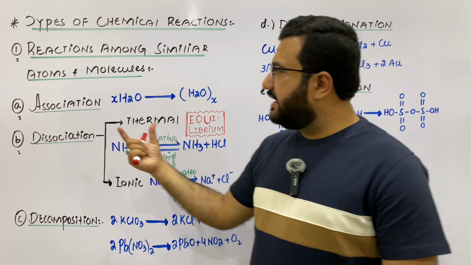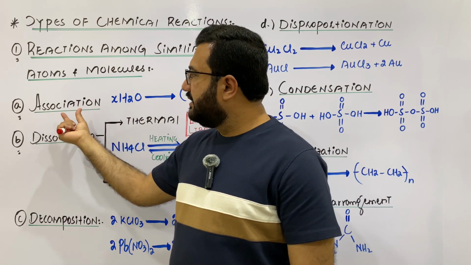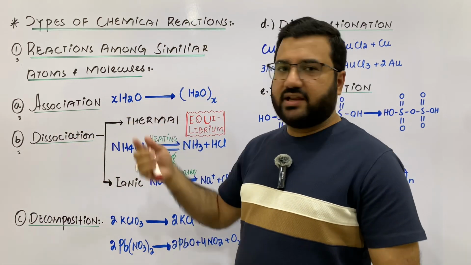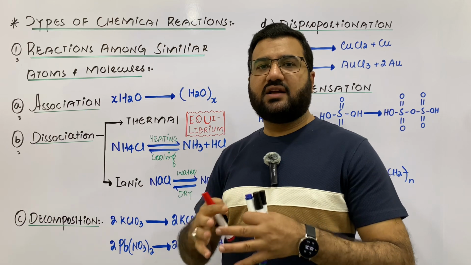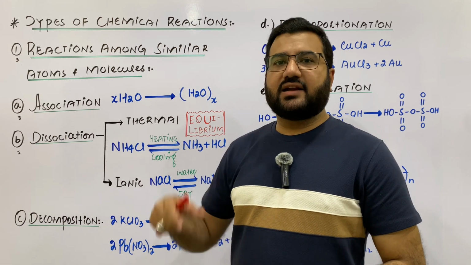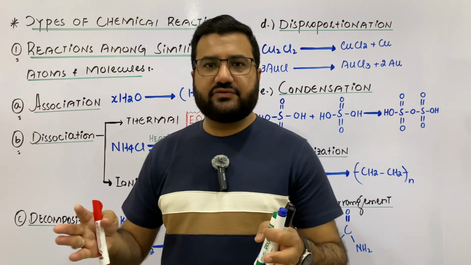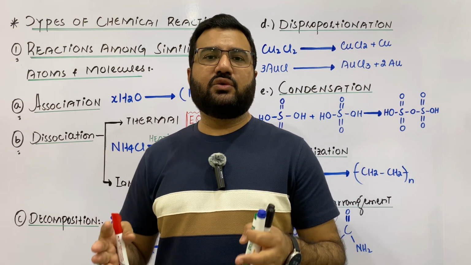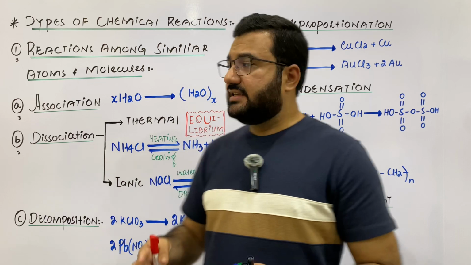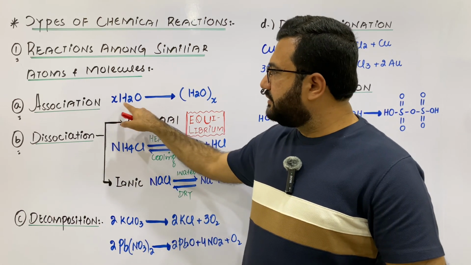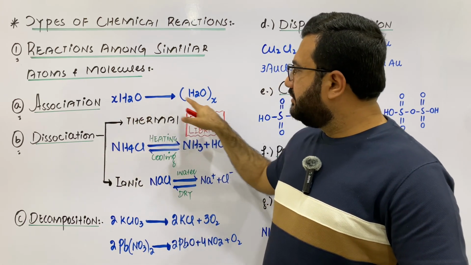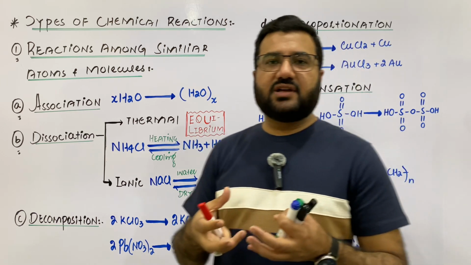The first type is the association, in which the same molecules join together to form large aggregates. The chemical composition remains the same, but the aggregation of the same molecules takes place due to the intermolecular forces. Just like a large number of water molecules, they join through hydrogen bonding and they form the aggregates of